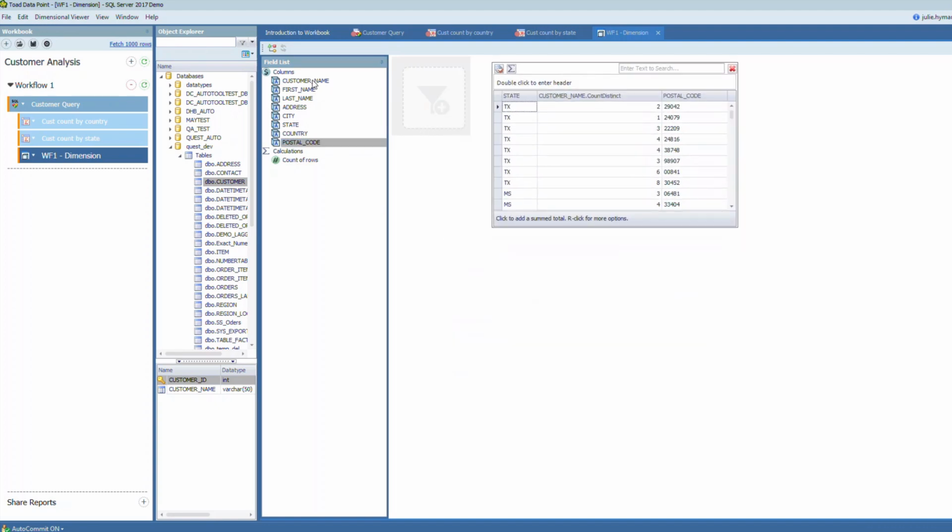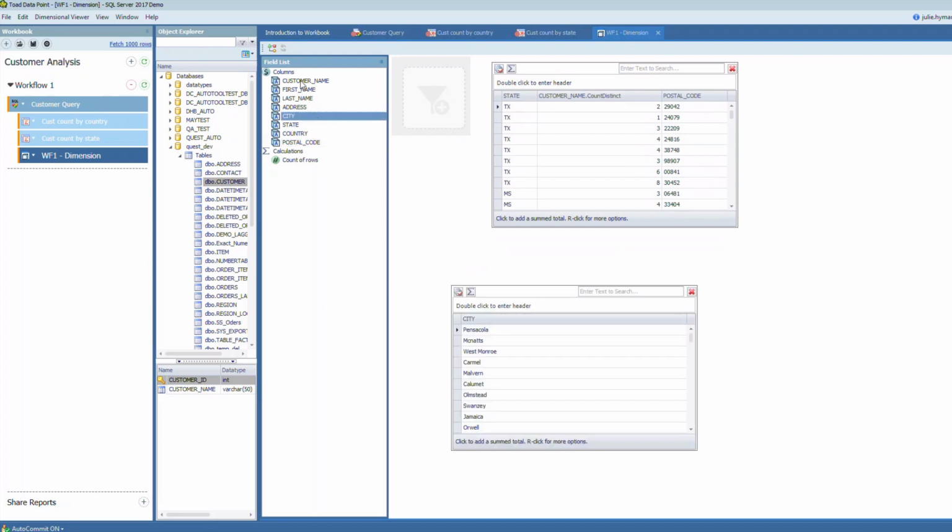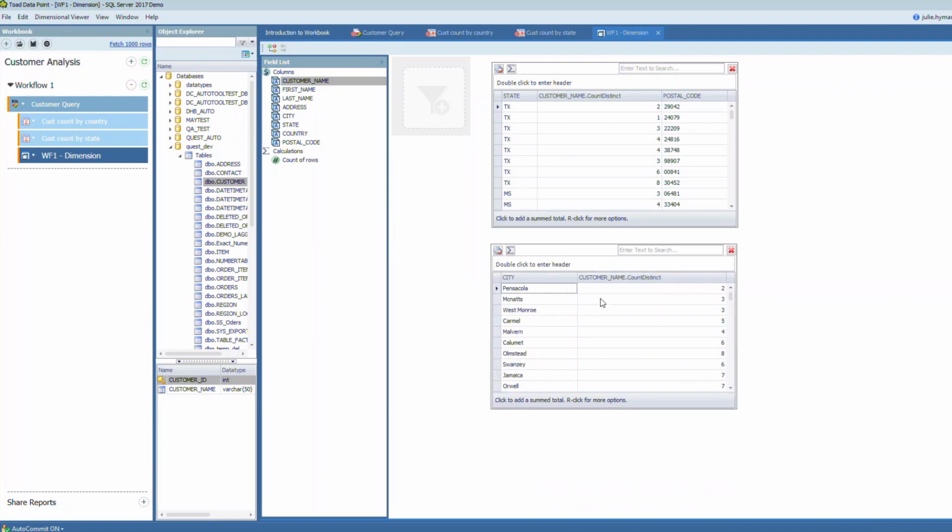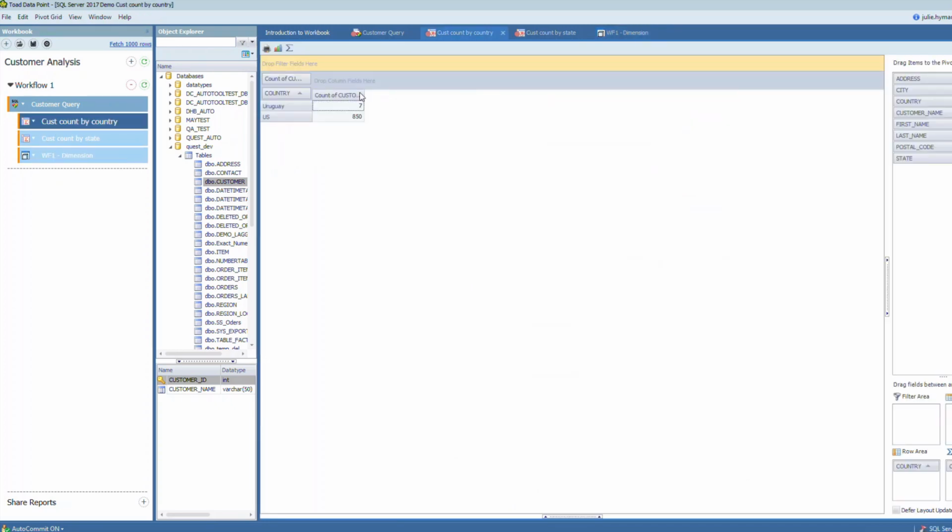And then I can just do another quick one here just to give you an idea. We'll do some city information. And again, just because it's nice and easy in my data here, we'll do a distinct count of customers. And so I can do a dimensional analysis off of all of this. Looks good.